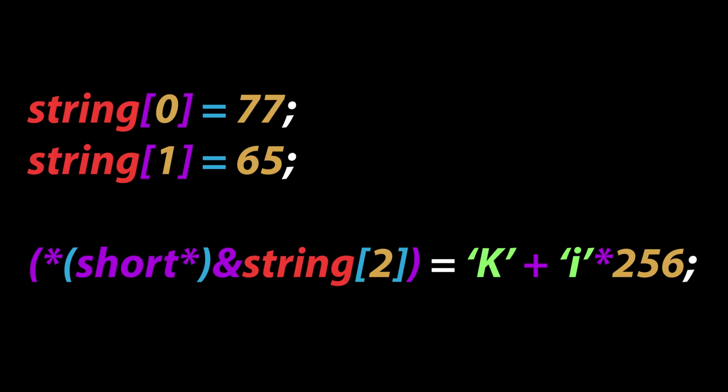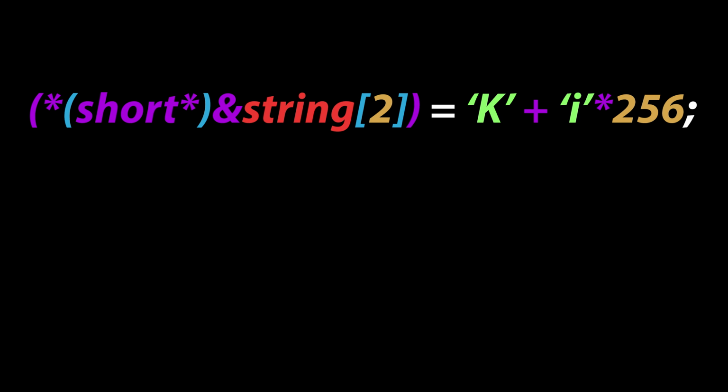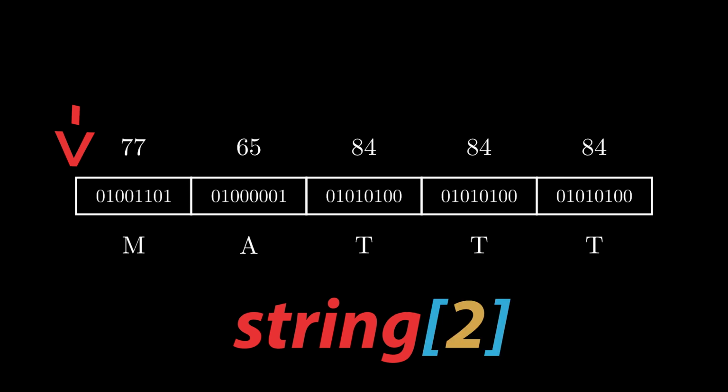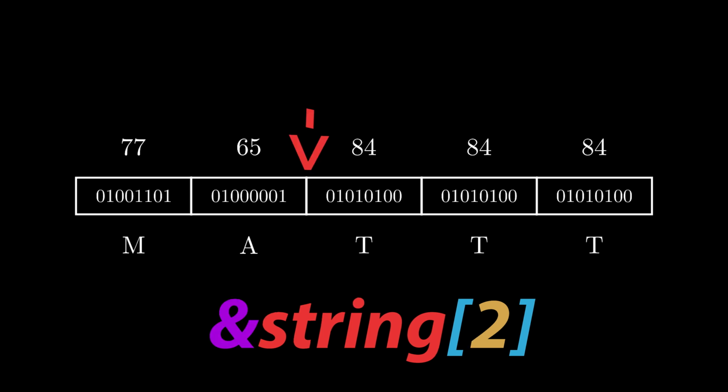Now we should take it step by step, so let's just start with the first half. Let's build it step by step. First, start the string. The string variable are those 5 bytes we have over here, or rather the beginning of them, because then what we do is we offset it by 2, which means this second byte. Now when we offset things in such way, then we are talking no longer about the byte, but about the value. So now make the video in which I'll explain the difference. Now, in order to talk about the byte again, we have to add the end on the beginning, and then